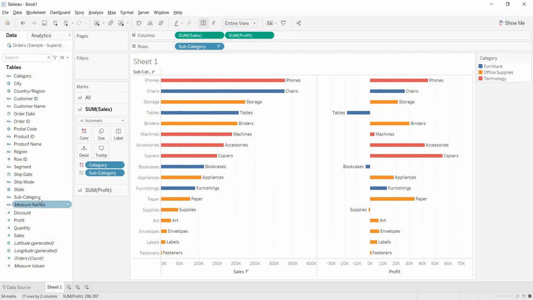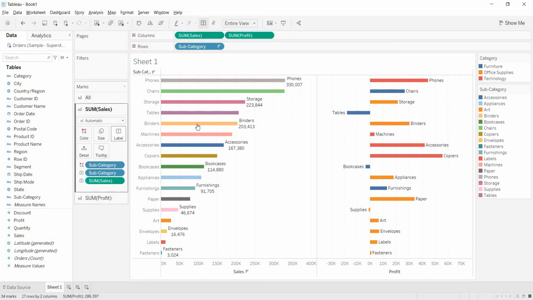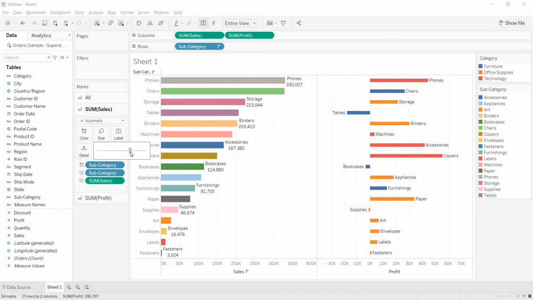Now instead of category, I am bringing subcategory to the color. Now see, only this part is changing, not the sum of profit part. Even here I am bringing sum of sales to the label along with these phones. See, only here we are getting the sale values. Now I am increasing the size of these bars. See, this width is bigger than these representations, right?